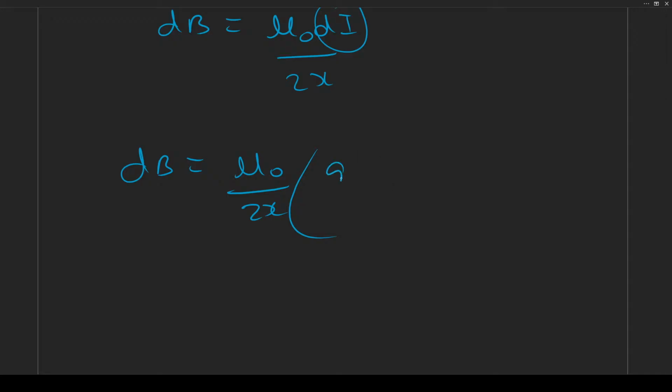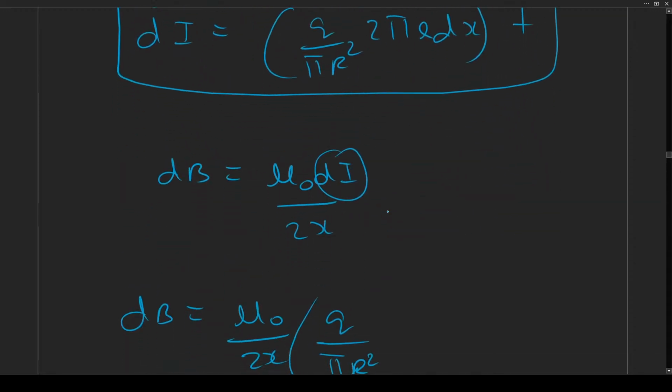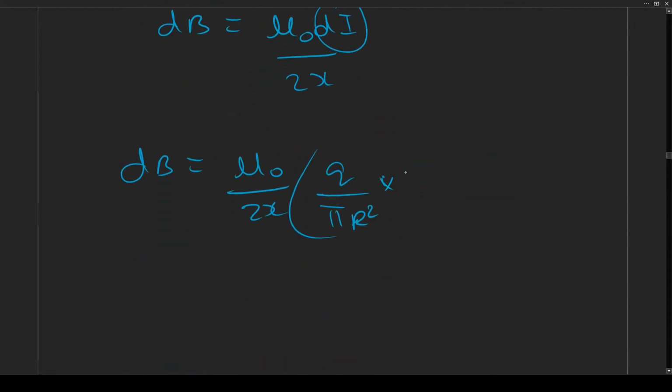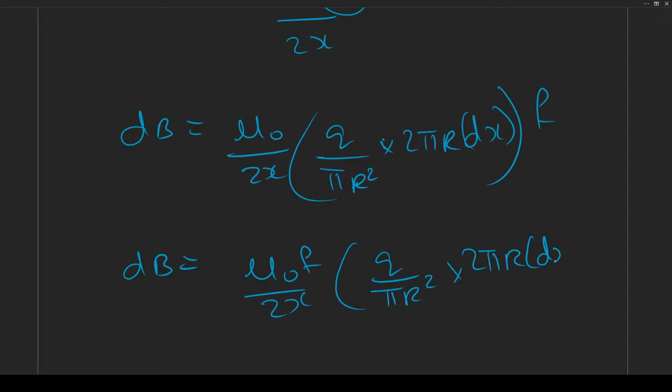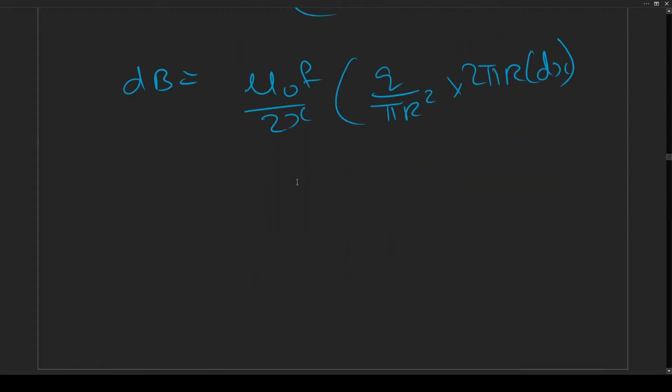q by pi r square, this is charge per unit area, times charge per unit circumference as well. That's why there's a dx here, along with frequency. We can write dB equals mu naught f by 2x, q by pi r square times 2 pi r dx, and when we integrate this we will get